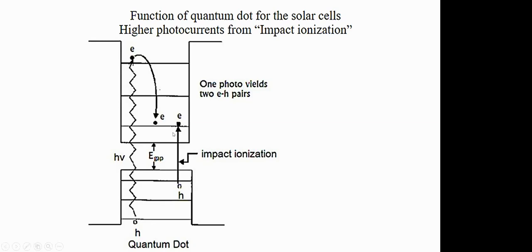Then we have impact ionization, where it releases its energy. The equivalent energy differences are taken and then put back. That energy is sufficient to excite another electron from the valence band to the conduction band. So what is interesting is that you have only a single incident photon, and how many electron and hole pairs are you getting? Two electron and hole pairs.